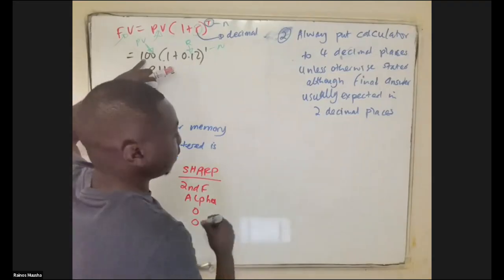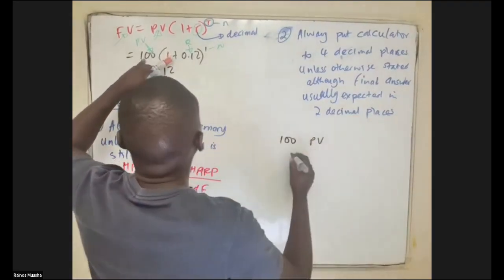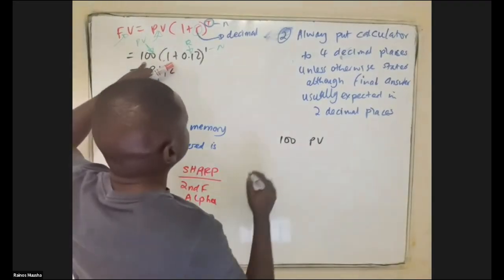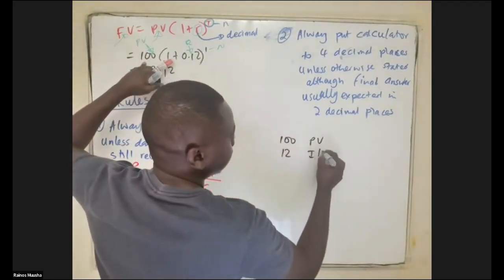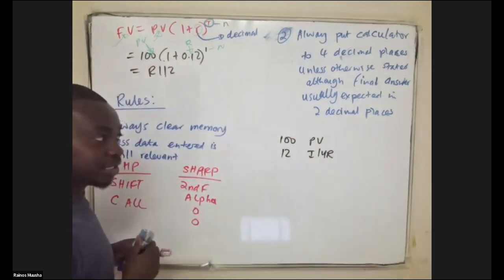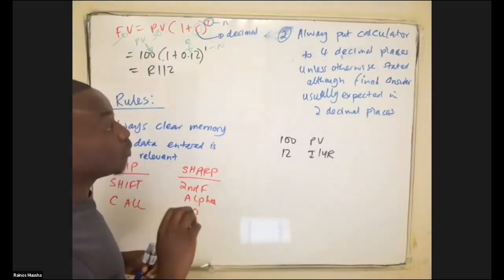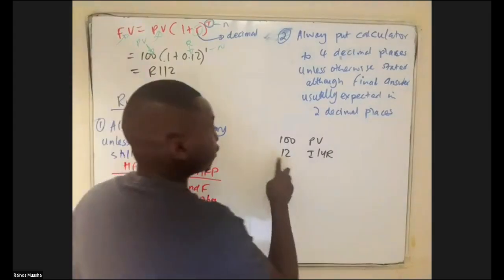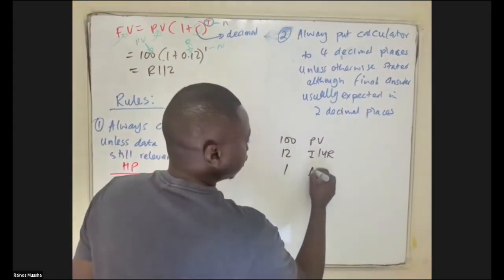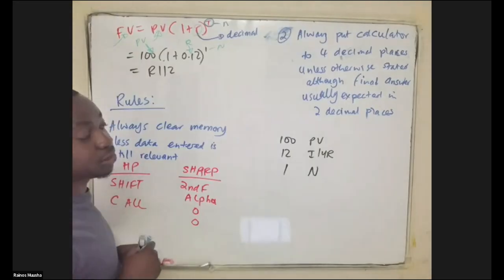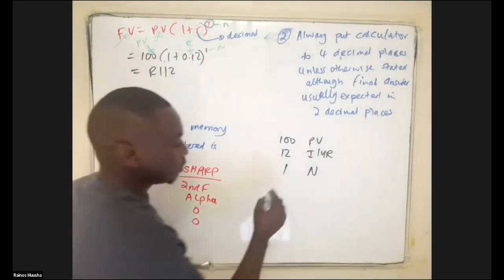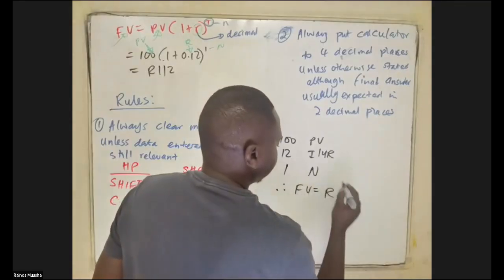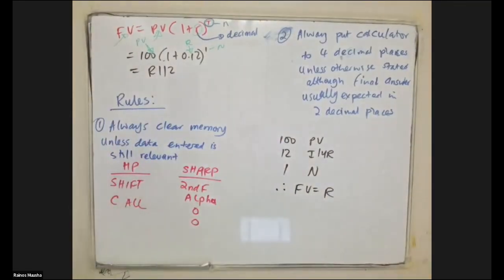So what is given? You're given 100, you press PV because 100 is the present value. What else are you given? You're also given 12 as your interest per year. Do you see that when you're entering the interest rate, you don't put it as a decimal in your calculator, you put it as a full percentage value. So 12%, you put it as 12. And you also indicate 1 as your number of periods, which is the number of years in this case. Therefore, you're going to be looking for the future value. So if you do the calculation, are you able to determine the future value?